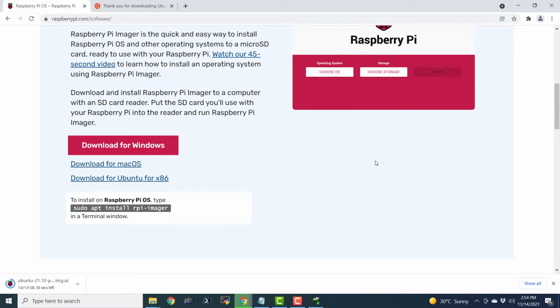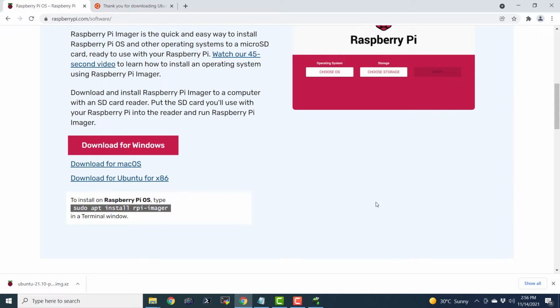Now, let me remove the micro SD card from the card reader. Before that, physically disconnect the card reader from your Windows computer. Then insert the micro SD card into the micro SD card slot of your Raspberry Pi computer. So I'm using a Raspberry Pi 3B. This version of Raspberry Pi has got 1 GB of RAM and it has got built-in Wi-Fi. And it uses a micro USB port for power connection. So let me power it up. Now our Raspberry Pi is powering up and we will wait for a few moments for it to power up.